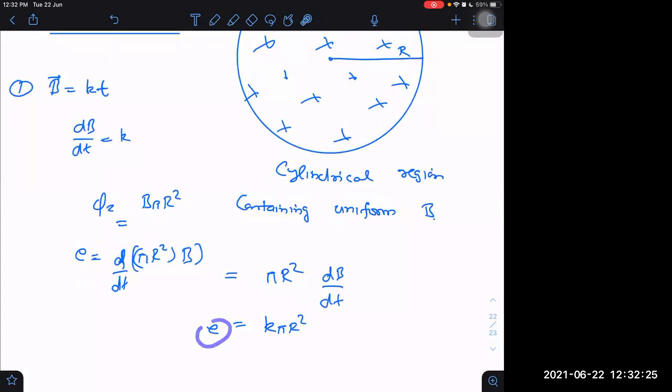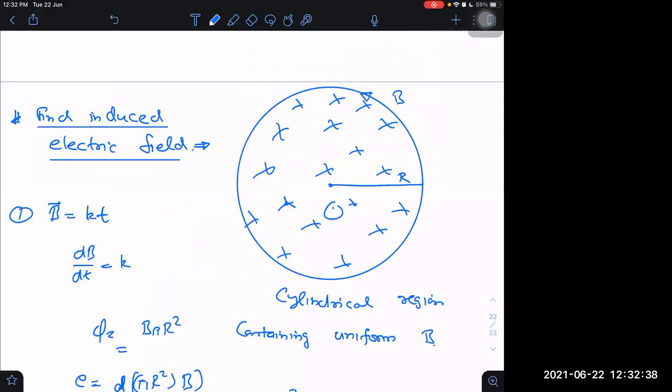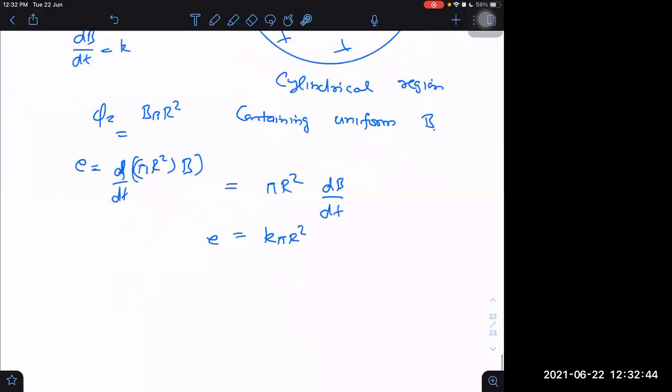But I don't care. I told you, crosses are increasing with time. Just see this: as time increases, the magnetic field is increasing, means crosses are increasing. It will try to create dots to oppose that. If it is creating dots, then how will the current be? Current will be, I think, in the dot direction, means anti-clockwise direction. Then it will become K into pi R square into anti-clockwise. Anti-clockwise, that is enough. That is the direction. So we are getting it.